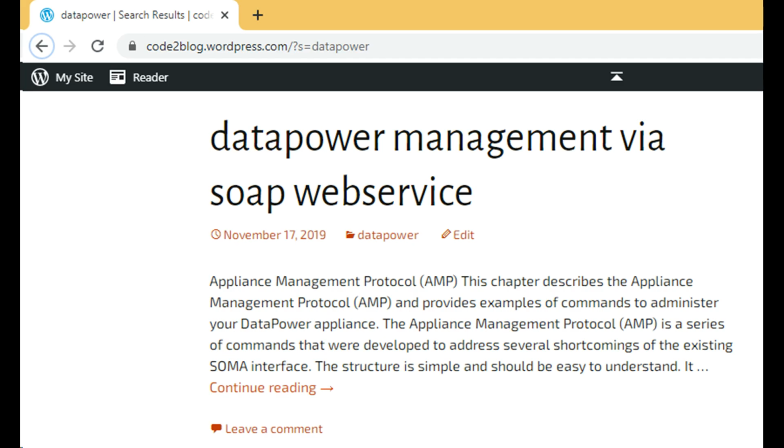Okay. And one more thing, can we use Jenkins with Data Power also? Do you want to use Jenkins and automate your Data Power deployment tasks, is it? Yes. Yeah, you can do that. There is something called Data Power SOMA calls.